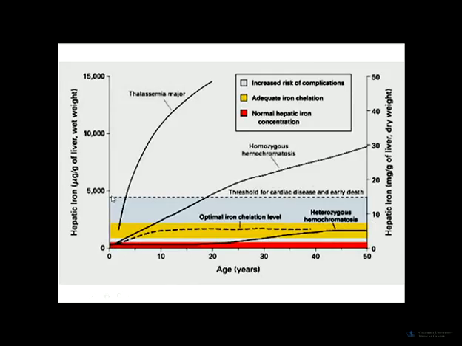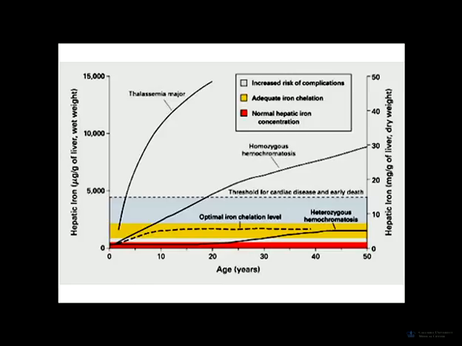So this shows you the situation where you have iron overload. At the bottom, the red line is the normal amount of hepatic iron. We use liver biopsies and hepatic iron to follow iron overload because serum ferritin, being an acute phase reactant, is not a very good measure of the total iron burden for the body. You can either do a liver biopsy or now there are MRI techniques where they can look at the quantity of iron in the liver,